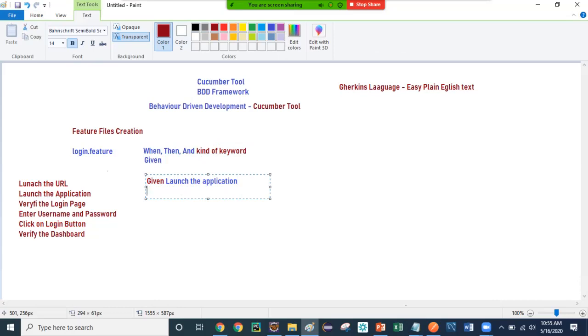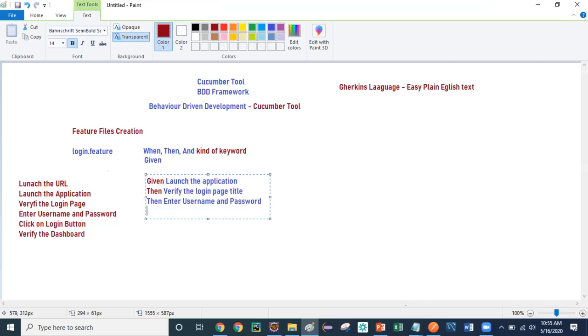Then verify the login page title, right? Then becomes the keyword. Then enter username and password, right?